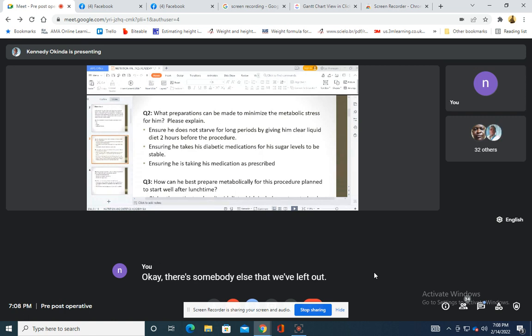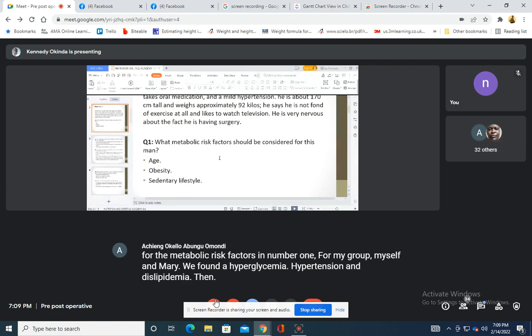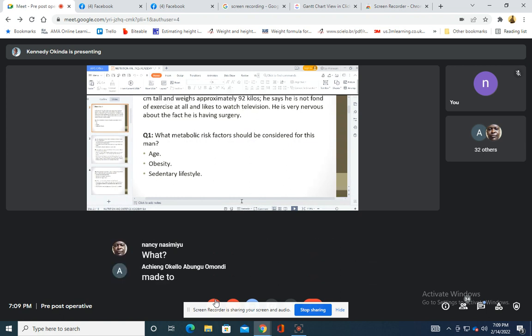Yes, can I add something? Yes, go ahead, Achieng. For the metabolic risk factors in number one, for my group, myself and Mary, we found hyperglycemia, hypertension, and dyslipidemia. Then for number two, we said the preparations that can be made to minimize the metabolic stress was we do carbohydrate loading in order to avoid hypoglycemia, which was going to induce